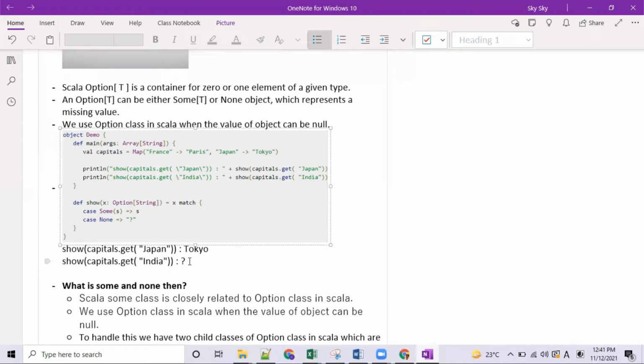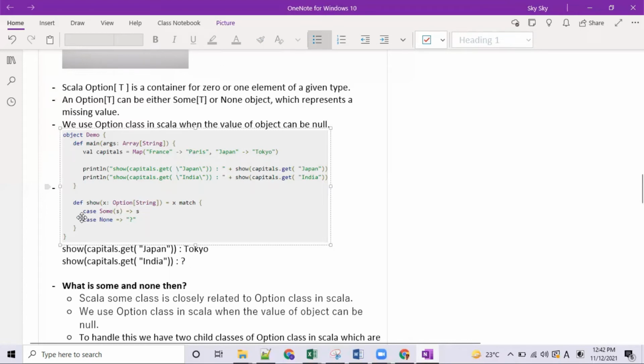We are using the Option collection. As you can see, we are using strings here, so we have used Option as a string. If we were using integer over here, then we could use Option as an integer. But whether you pass integer or string, Option can handle two cases. Either you pass the null object, which can be handled through the None case, or you pass the actual object, which would be handled by the Some case.